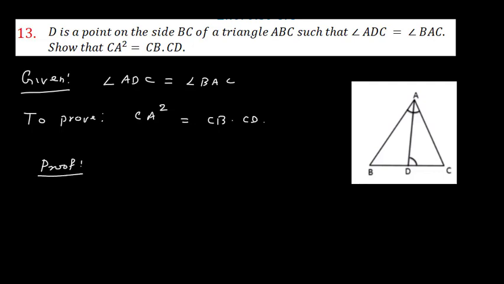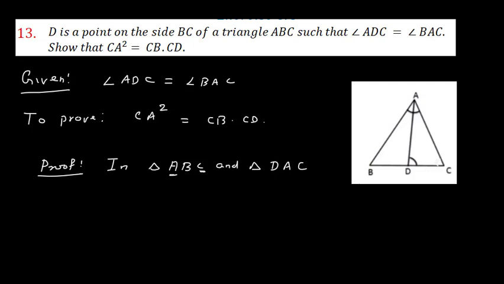I will take 2 triangles. I will start the proof in triangle ABC and triangle, now see, I have started with ABC. Now for angle A, the corresponding angle in triangle ACD is what? Angle D. So for A, I will write angle D here, and you see that angle C is common in both the triangles. So C is at last here, so here also I will write it at last. So in triangle ABC and triangle DAC, I will say DAC, right? DAC in these two triangles.